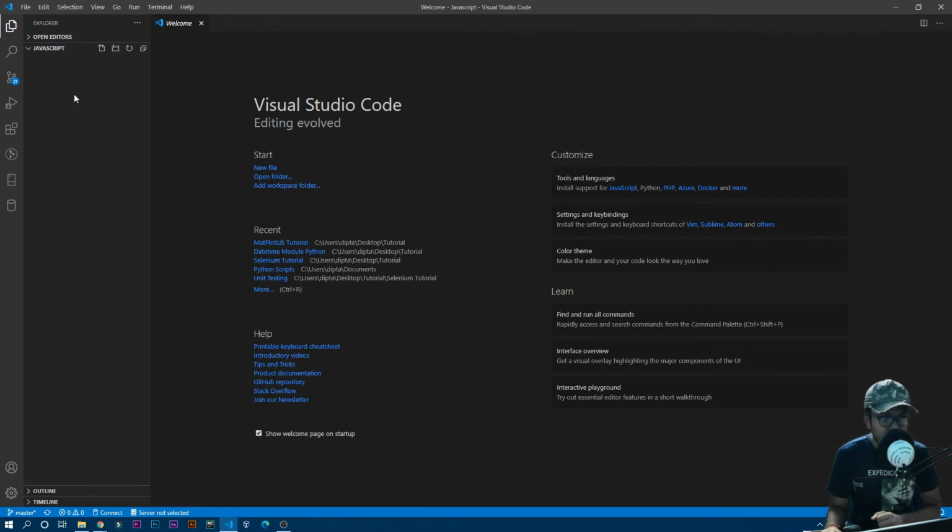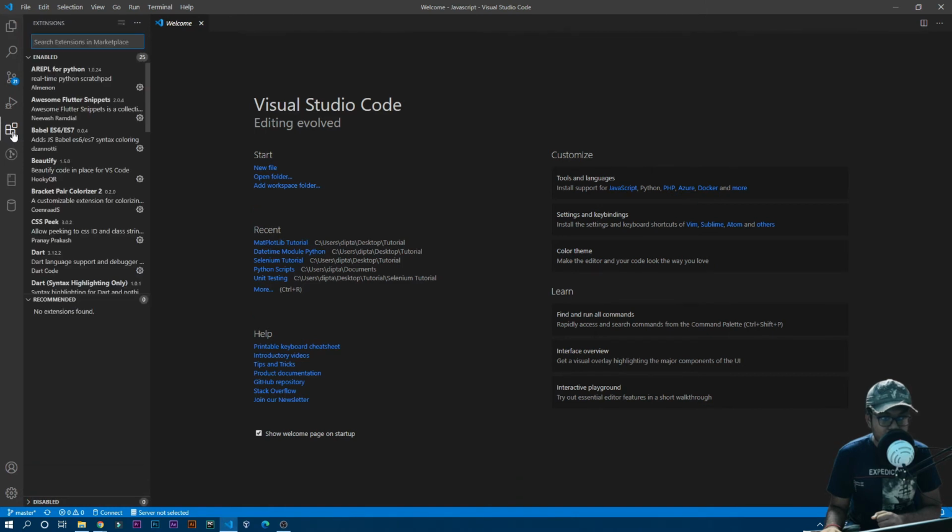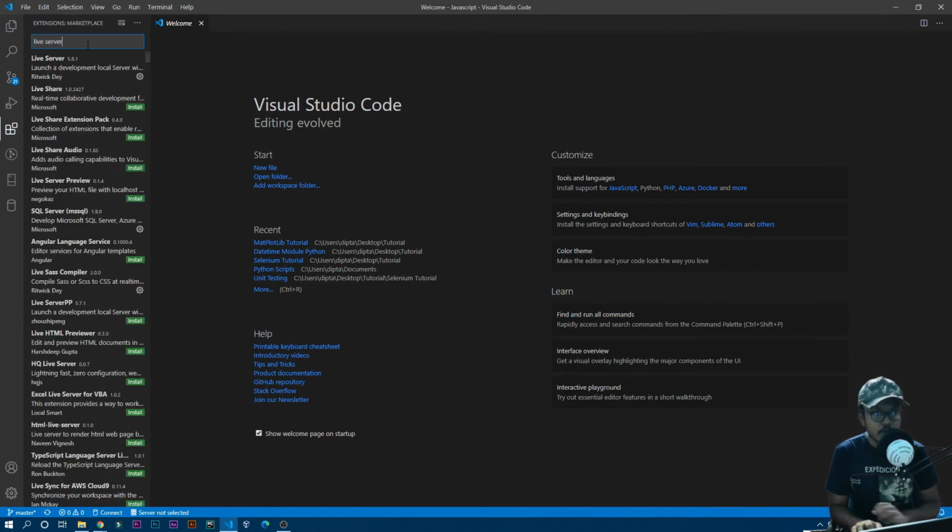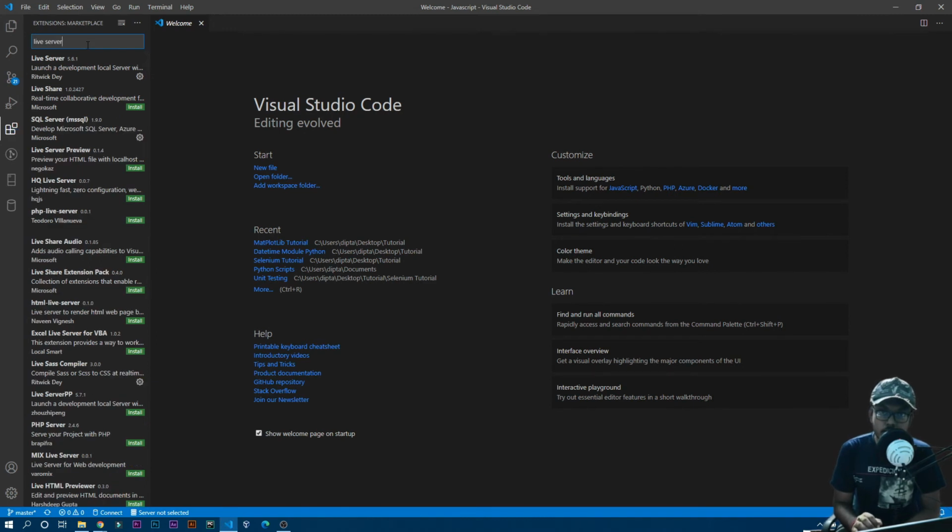Okay, and to add plugins, you just click on this option, that is extensions, and I already installed some of the extensions. So I'll quickly show you some extensions which you need to install. First one is live server. Normally when you perform a certain task on an HTML file, you need to refresh every time in Google Chrome or Mozilla Firefox, whatever browser you are using. But if you use the live server, you don't need to refresh every time. It will automatically change in that particular browser.